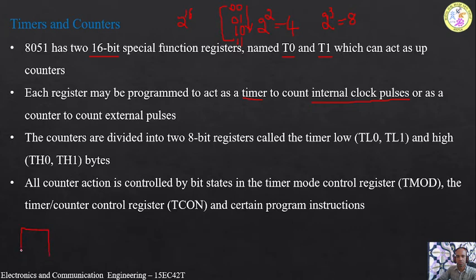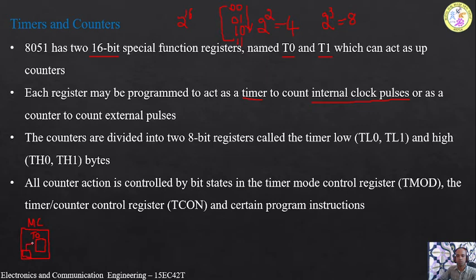So this is our microcontroller. And here we are having the T0 and T1 register. Let us assume that this is the T0 register, or it may be T1, whatever it may be. Now, this is our microcontroller. The outer box is the microcontroller. Here I am having some other clock generator, or I am going to write some software program.